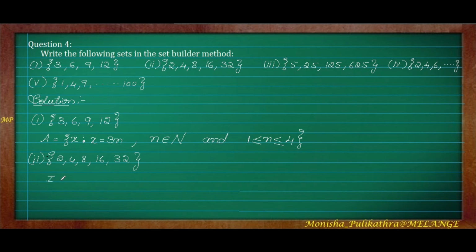Okay, so it can be seen that the first one I will write, that is 2 is equal to 2 to the power of 1, right? So 2 to the power of 1 is also equal to 2. Next, the second number, 4 is equal to 2 to the power of 2, that is 2 square. So 2 square is 2 into 2, that is 4. Next one is 8, 8 is equal to 2 to the power of 3, that is when we multiply 2 thrice, 2 into 2 into 2, 2 2s are 4, 4 2s are 8. Next one is 16, which is equal to 2 to the power of 4. In the same way, 32 is equal to 2 to the power of 5.